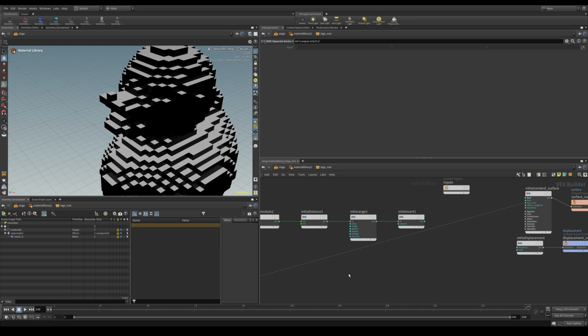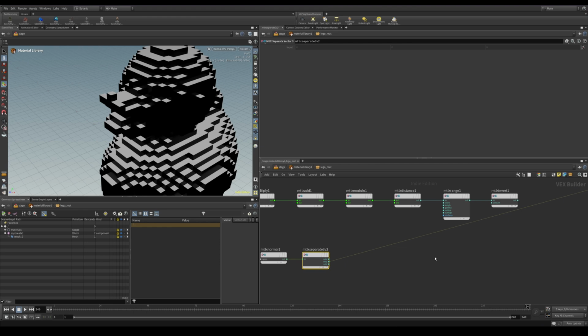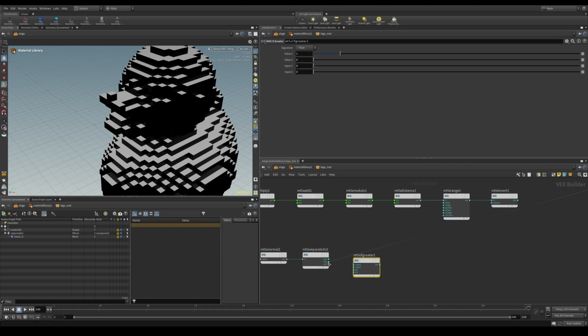Well, there could be some values leaking here and there. Some faces could have a value of more than 0 for its y component. So I want to make sure that we can filter those out. And I'm going to do that by creating a greater node. I think it's called the if greater node. And I'm going to compare if the y component is greater than 0.9, which means if it's between 0.9 and 1, essentially, then I want it to output a value of 1. Otherwise, it can output a value of 0.